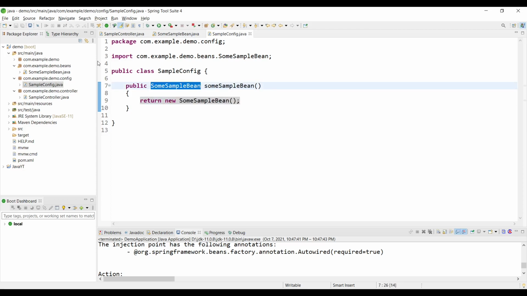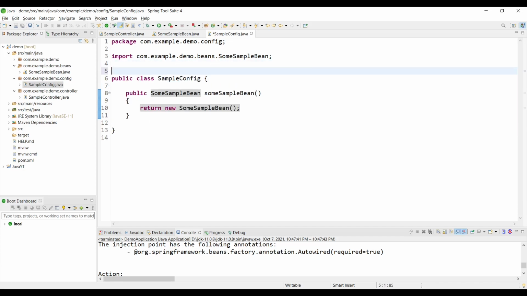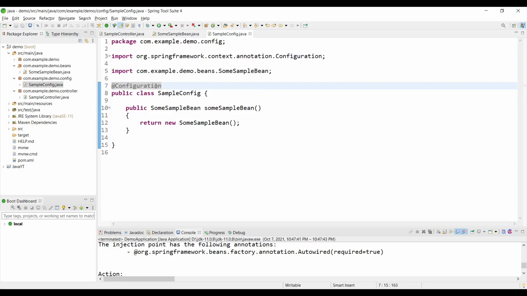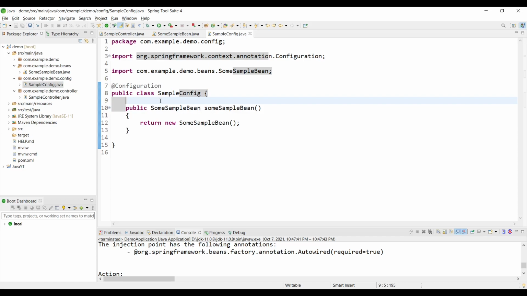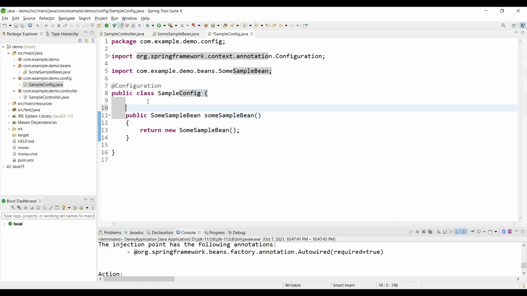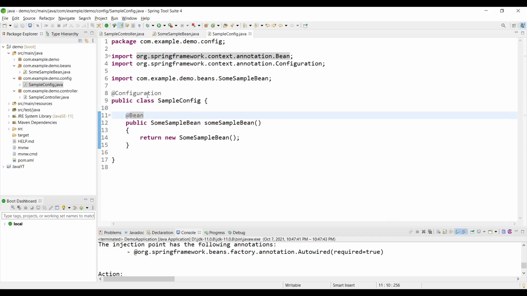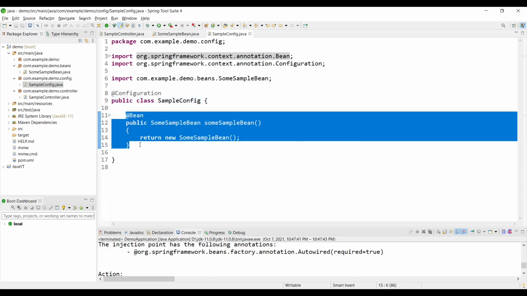So how would Spring know? Spring still doesn't know this. So you can mark that class @Configuration. Still Spring would not know what this method is, whether the Spring IOC container should store a bean of this type or not. So for that we need to add an annotation called @Bean. This @Configuration basically tells that there is some configuration inside and you need to check that, and this @Bean tells that this is some bean.